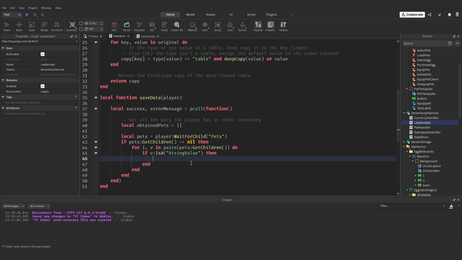If it is, we're going to add the key and the value. So obtainedPets[i] equals v.Name, comma, v.Value. So this will set the value of the key to the name and the value, separated by a comma. And then when we load it, we can unseparate these, split them by the comma. So then we've got the name and the value separately. This should be Value. There we go. Now after this little if statement here,